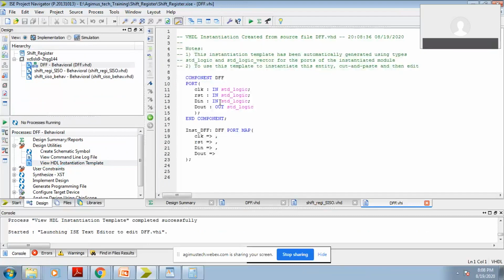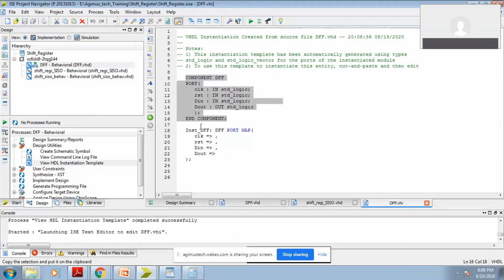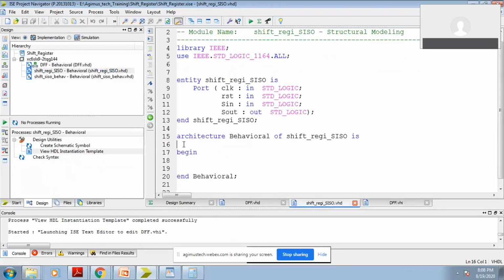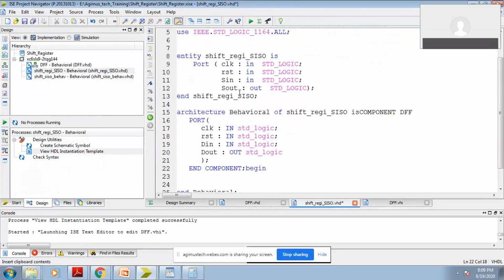they will give you template for declaring the component and how we can instantiate that component. So this component you just copy and paste it in your design. I'm just copying it and I'm just pasting in my design. Okay, so this is the way I declared.